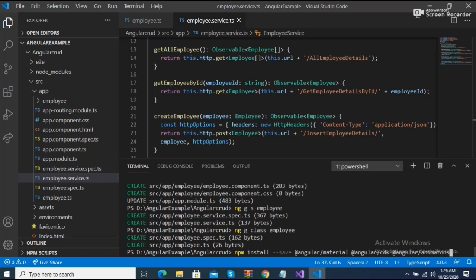You just need to add this URL. I'm just showing this so you can see it. I think you can understand what I should write here. So npm install --save Angular Material and Angular CDK, and then you just install this.